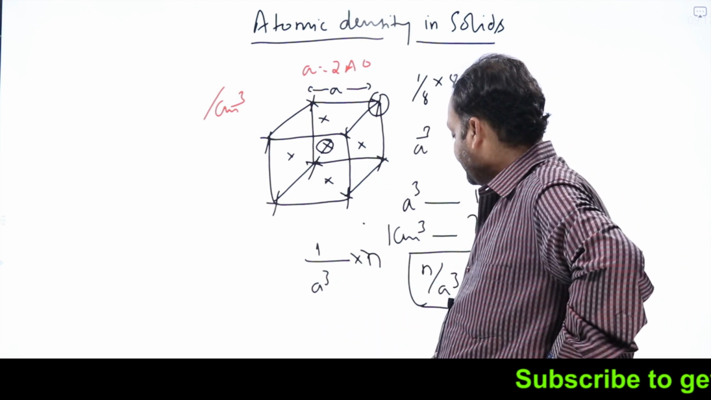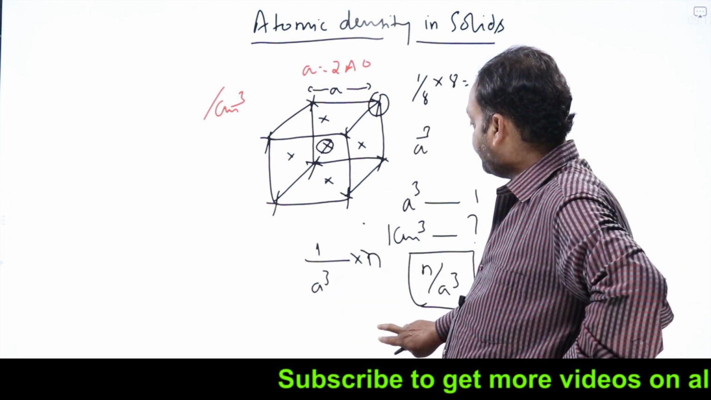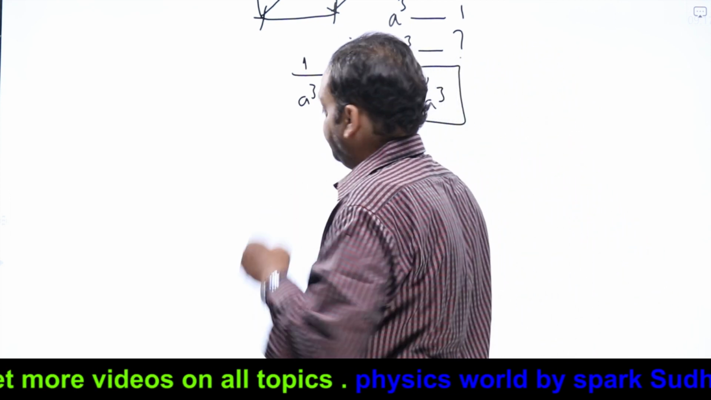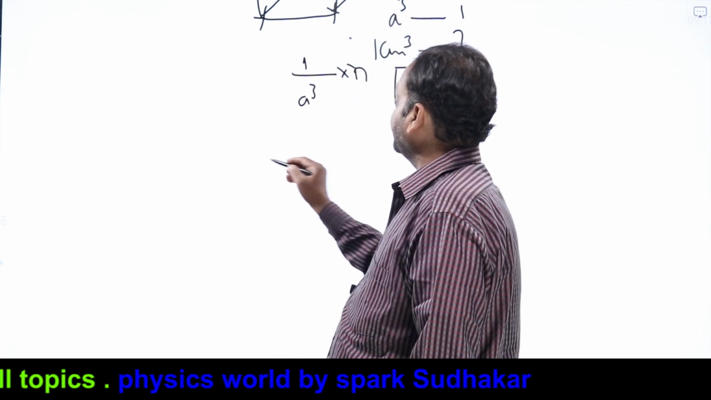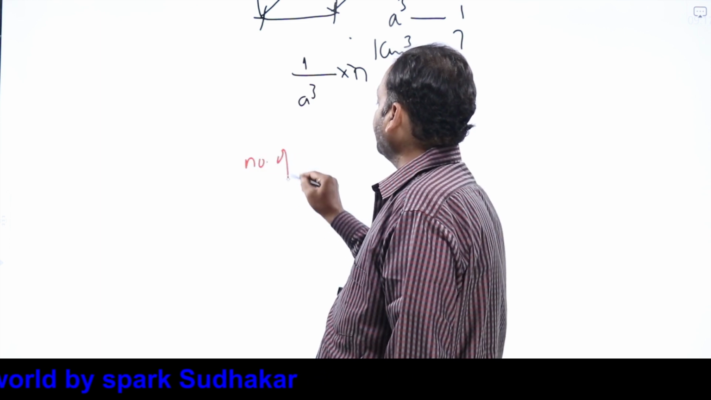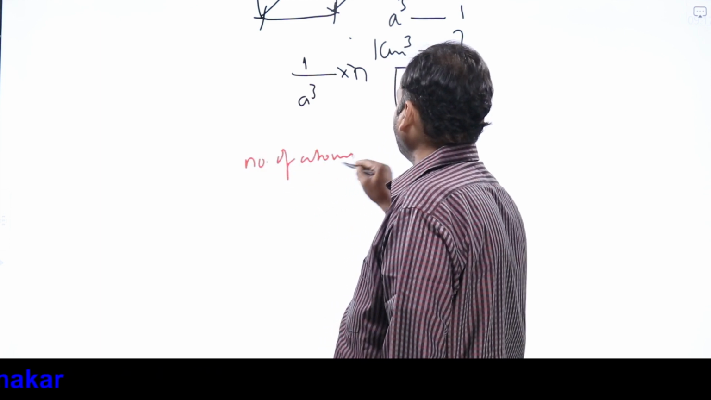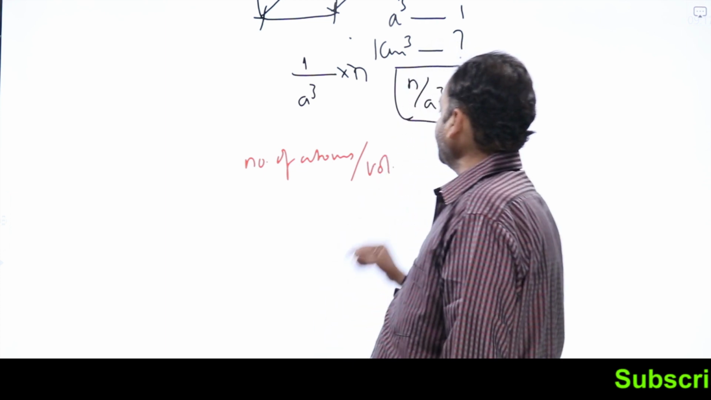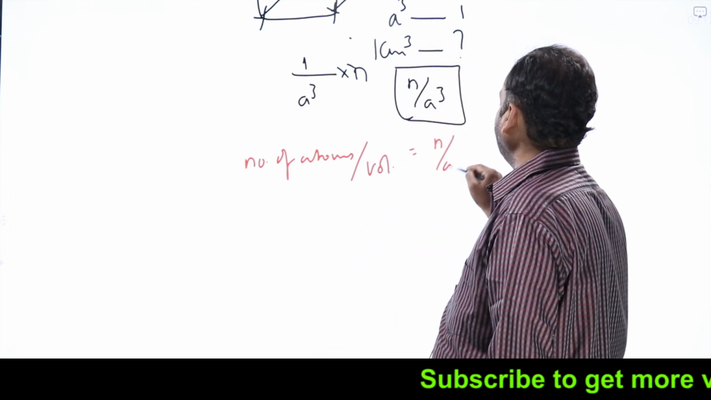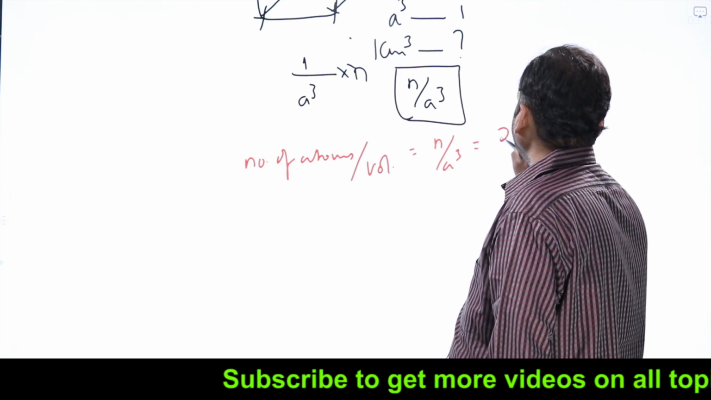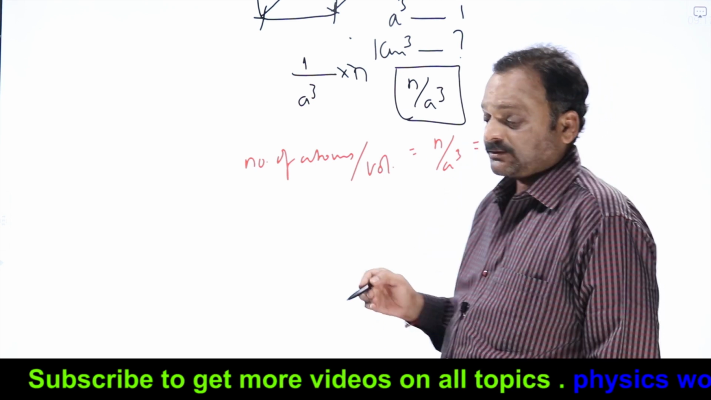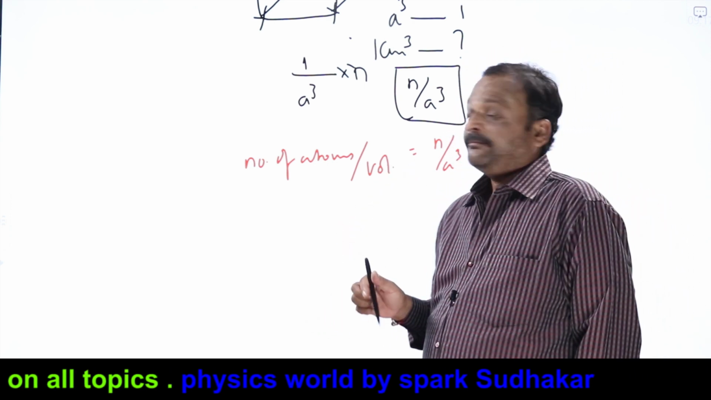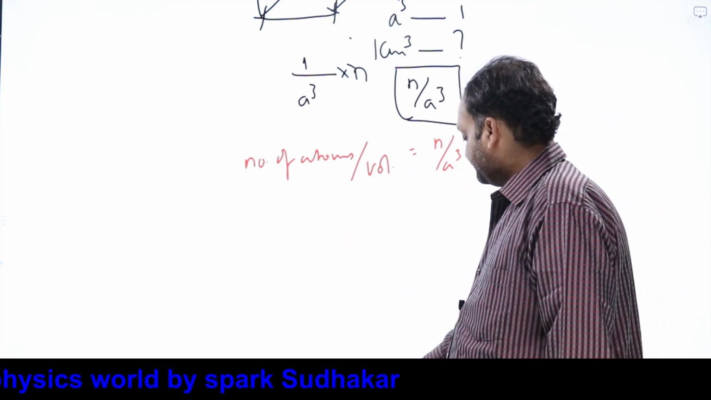So how do I proceed? N by A cube is the formula which we are supposed to use. So the number of atoms or lattice points per unit volume is equal to N by A cube. For BCC, N equals 2. A is, he has given it as 2 angstroms. Because we are talking about the number of atoms per centimeter cube, 1 angstrom equals